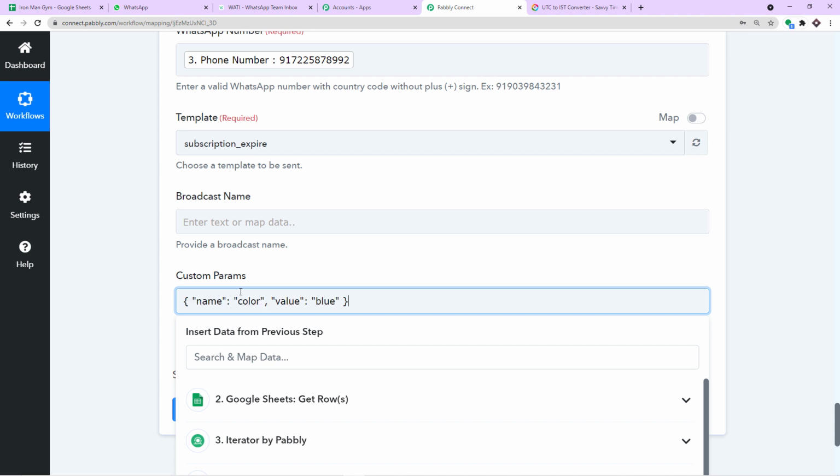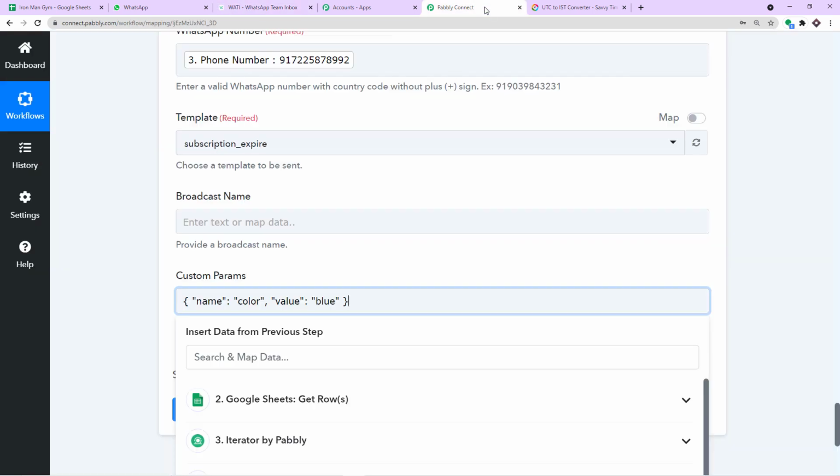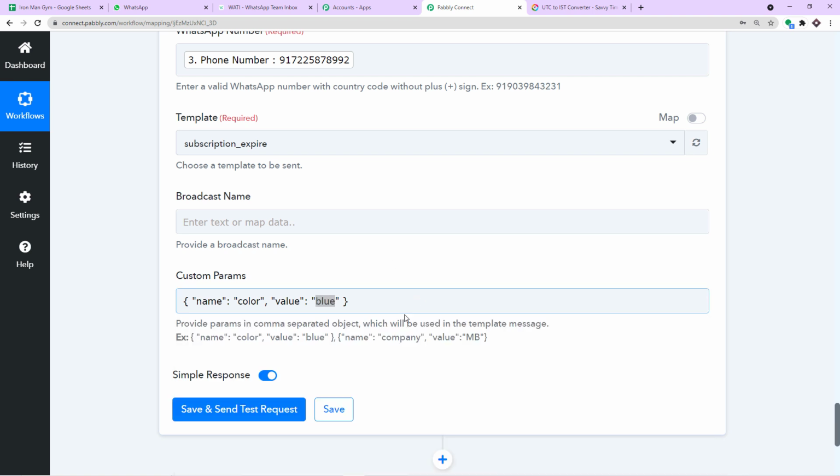Awesome. Okay, now coming to the parameter, that is the first name. So as you can see, the name of the parameter is color. Okay, the name of the parameter is color, and the value of the color is, for instance, blue. Okay, we have one more example. The name of the parameter is company, and the value of the company is MB, or it can be Tesla, or it can be Apple, it can be IBM, it can be Microsoft. So the parameter is company, the value of the company is this. Okay, the name of the parameter is color, and the value of the color is